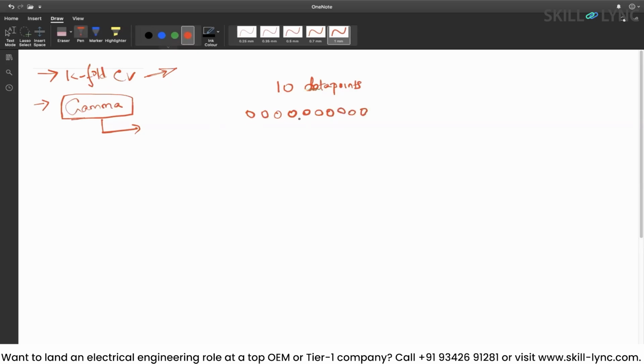Now what are these 10 data points which I am pointing by circles? Are these features or records? It can have as many features as it can. So these are records. If you draw a data frame or table, these are records, 10 data points. And then there can be multiple features, x1, x2, and so on. But that's not a concern here, because when we are talking about k-fold cross validation with 10 data points,